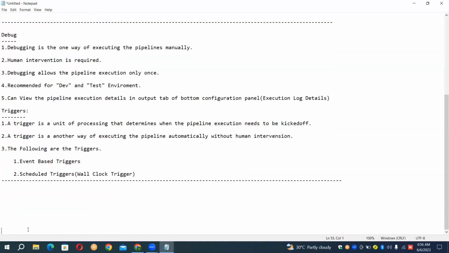That means the event-based trigger, can you see here, is kickstarted, or we can say kicked off, automatically on